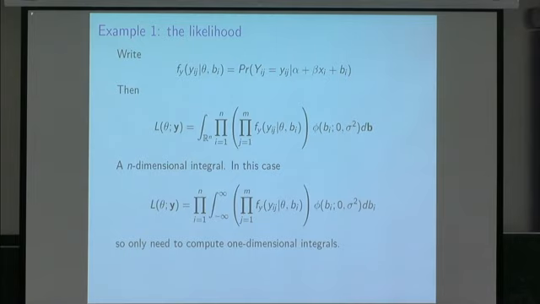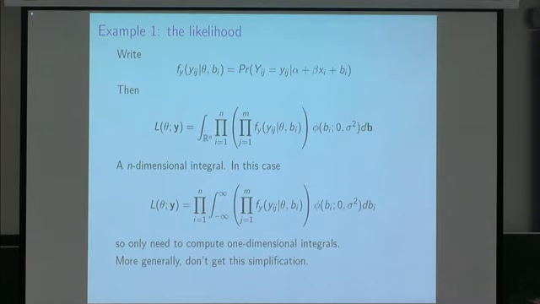And that means that in this one particular case, it's not so bad. It's relatively easy to compute very accurate approximations to one-dimensional integrals. But I'm just going to say more generally, you're not going to get that sort of simplification. There'll be many other types of models where instead of each observation just depending on a single latent variable, it might depend on some kind of complex combinations of latent variables. And you'd no longer get this nice simplification where everything goes down into a product of one-dimensional integrals. So you really would be then stuck with that high-dimensional integral, potentially.